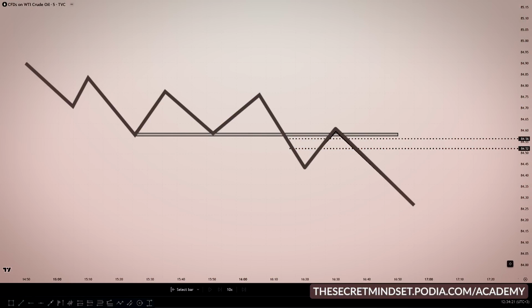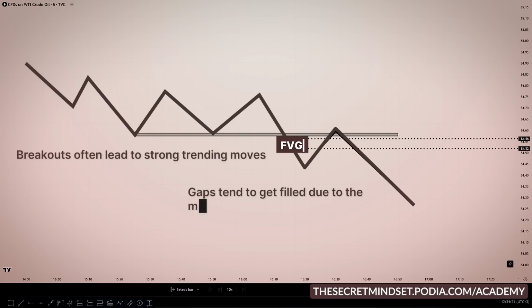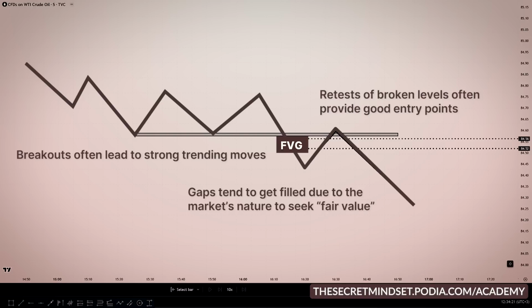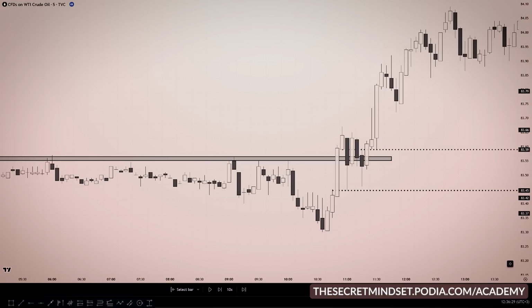This strategy offers a clear, systematic approach. Breakouts often lead to strong trending moves. Gaps tend to get filled due to the market's nature to seek fair value, and retests of broken levels often provide good entry points. In this example, we've identified a key resistance level that price has been respecting for the